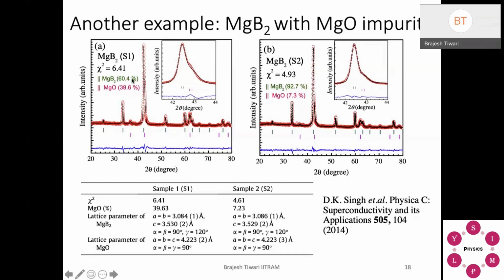What is that? In one case, the oxygen leak happened. If you see the XRD patterns of both, you don't realize that they are different. They look almost similar. By eye, you may never recognize that you have around 40% MgO with only 60% MgB2. It is happening because of the very close lattice parameters. The structure is different, but the lattice parameters are very close by. So this fitting has revealed this point.